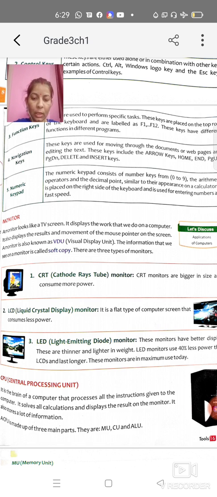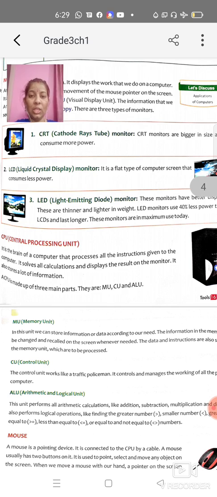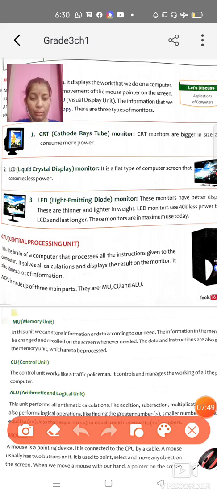And the very important part of computer, CPU, central processing unit, it is responsible for doing each and everything inside computer system. That's why it is called the brain of computer system. Okay, the function that your brain does in your body, thinking, analyzing, making decisions, finding results, who will do all this work? CPU. That's why it is called the brain of computer system. For working it has 3 parts in it: MU, memory unit, CU and ALU.